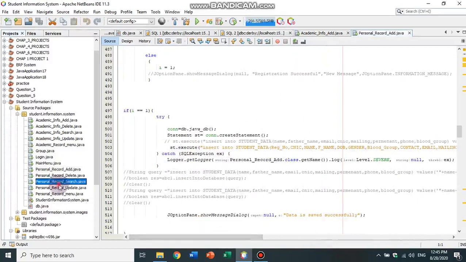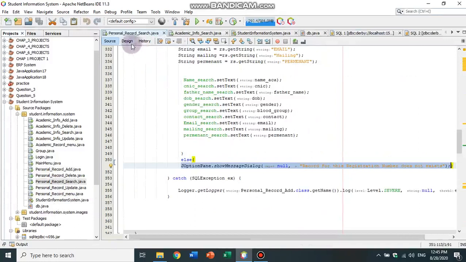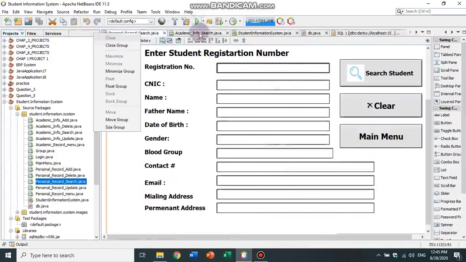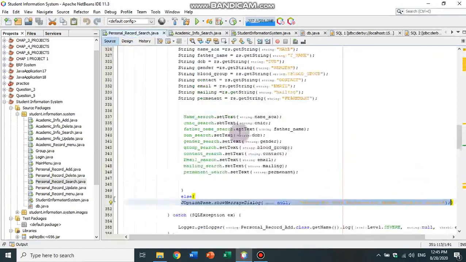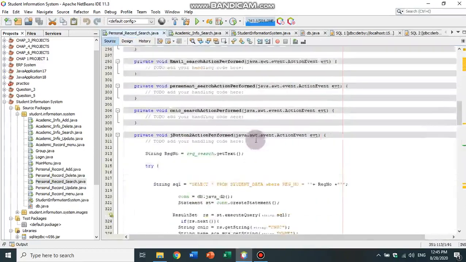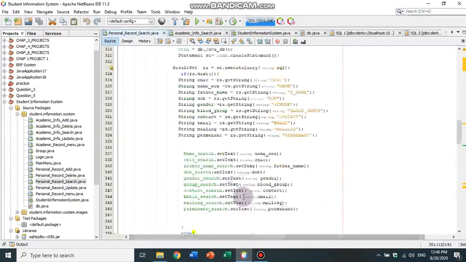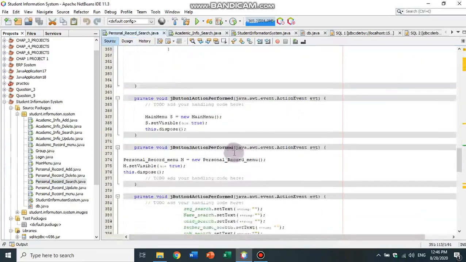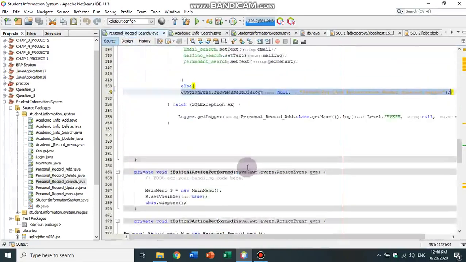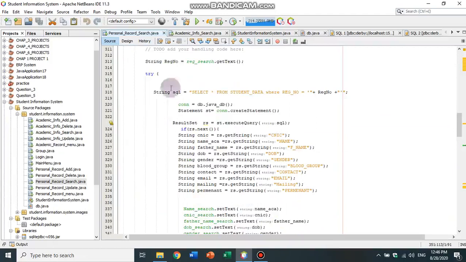Similarly, for the search, this is our search, and if we go to its source code, in this source code, again this is the database, it will first take the registration number and then will find the particular registration number row.